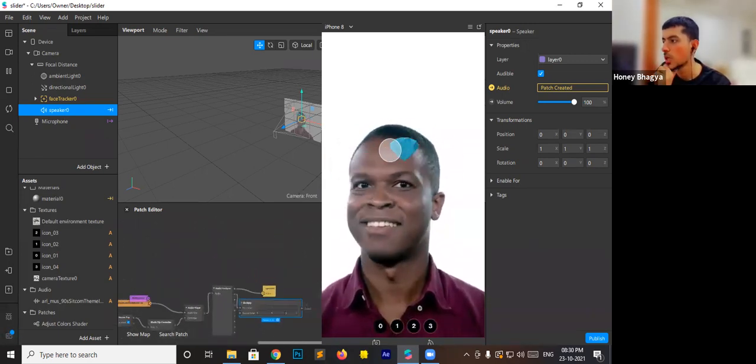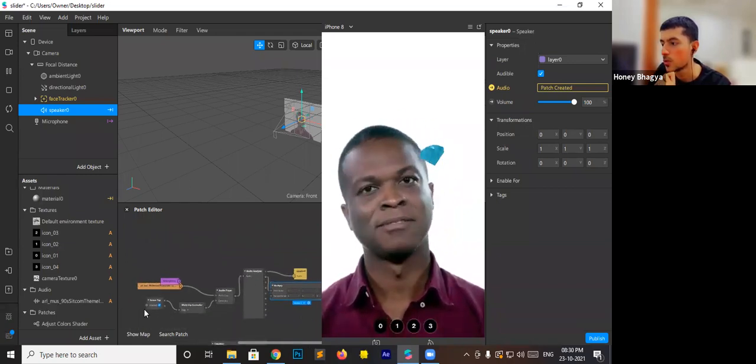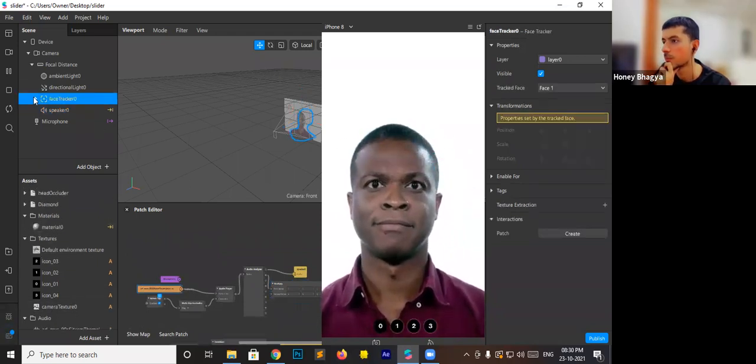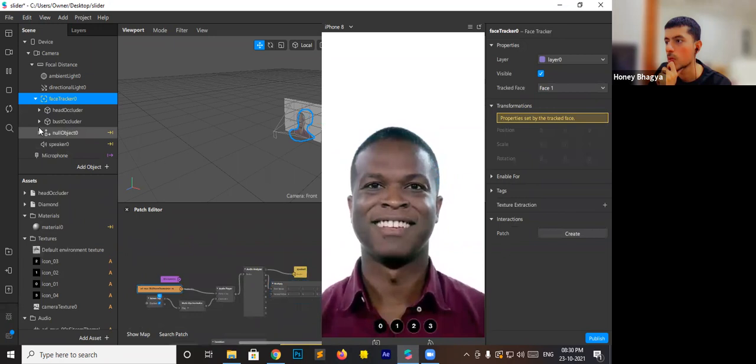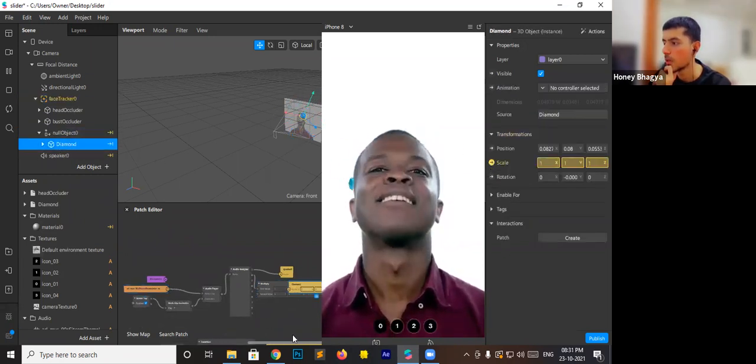So our goal is to change the size of the diamond by using audio. So what we are going to do is go into the diamond and then again scale.